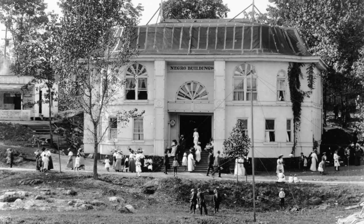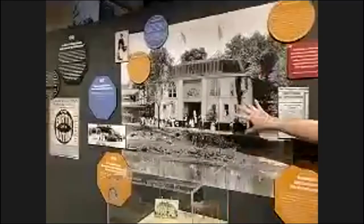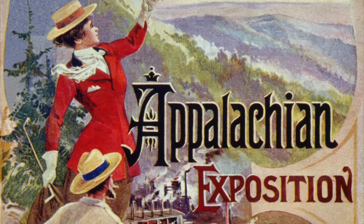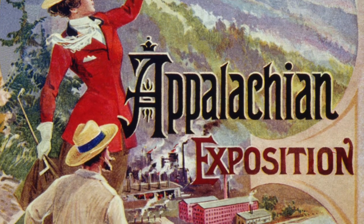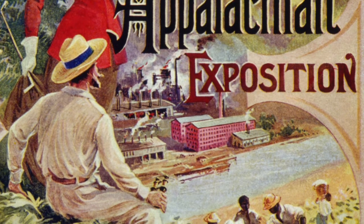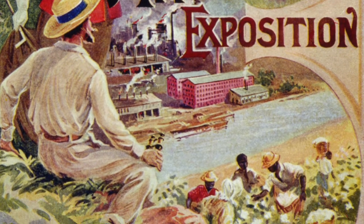And now if we can zoom in on the poster from the Appalachian Exposition, this is something I like to focus on because it does show that juxtaposition between what East Tennesseans wanted people to think and also what was going on. So this is the poster from the 1910 exposition, and you see this woman looking out and everything is beautiful, but if you look very closely, there are still Black East Tennesseans picking cotton in this picture,